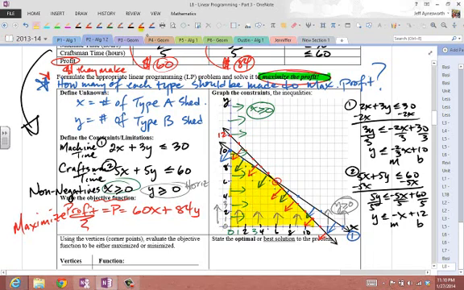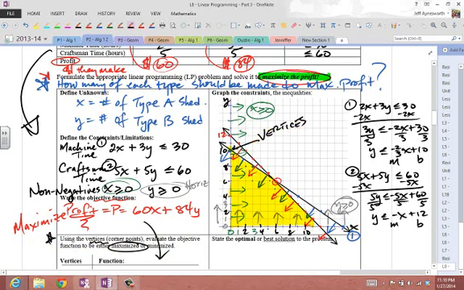Lucky for us, though, we have a theorem in mathematics that states that the corner points are the possible solutions to the linear programming problem. So all we need to do is find the corner points. That's this part right here. Using the vertices right here, or the corner points, evaluate the objective function to be either maximized or minimized. In this case, we want to maximize it. We'll do that in a minute. Okay, but again, the vertices